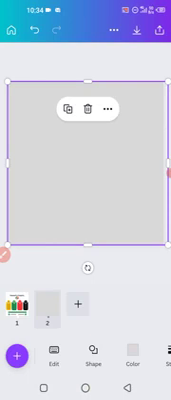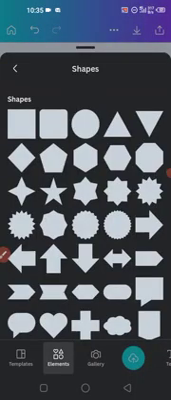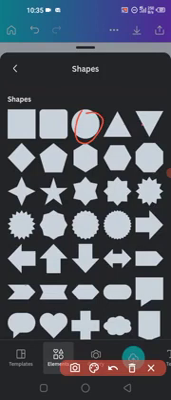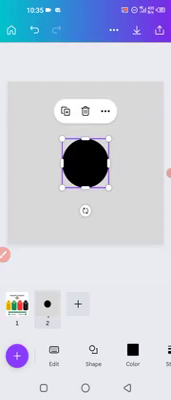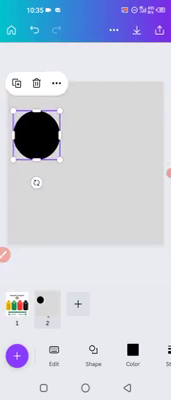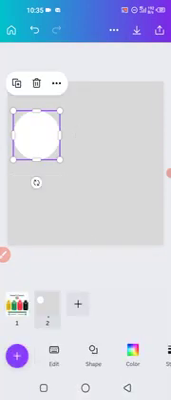Perfect. So what to do next now is click on this plus sign here, then click on this circle shape. After you click on it, you will position it somewhere around here. You go and change the color to white color. Then click on this plus sign again,